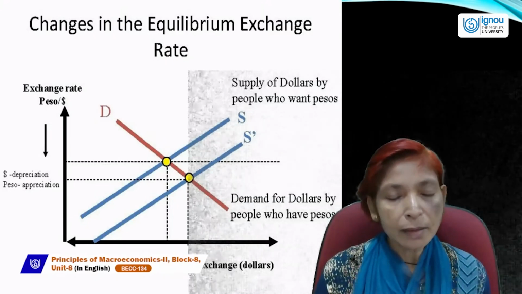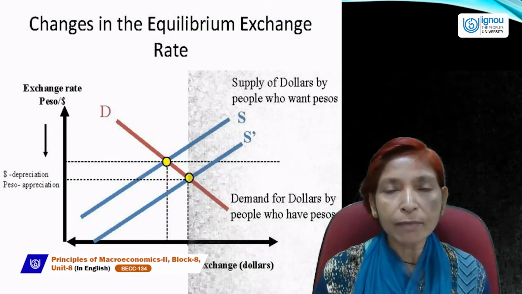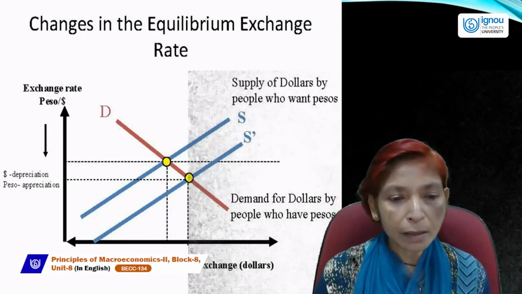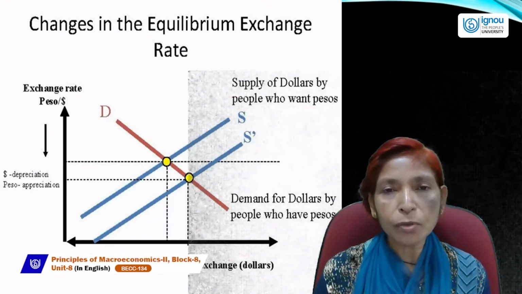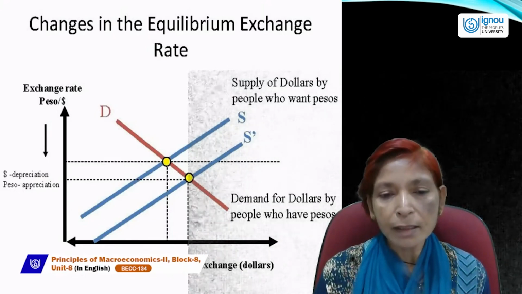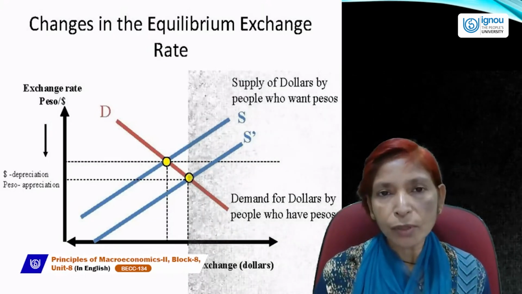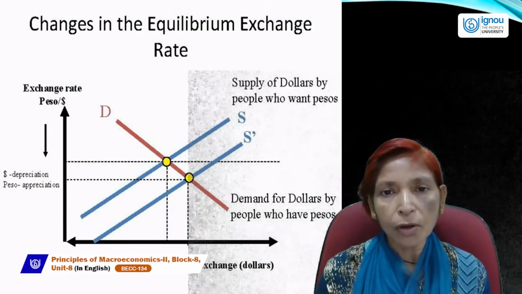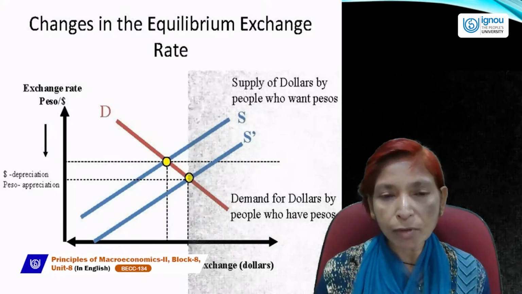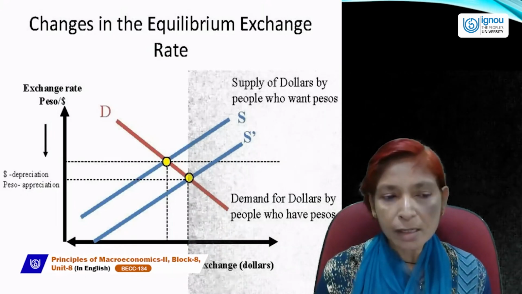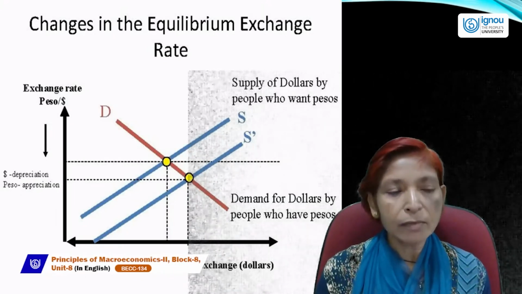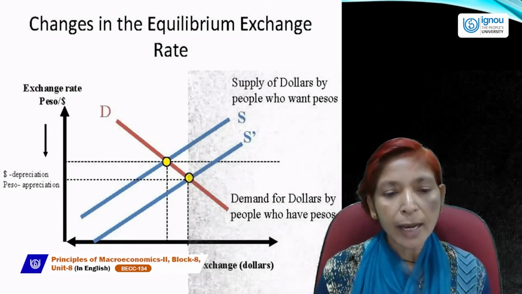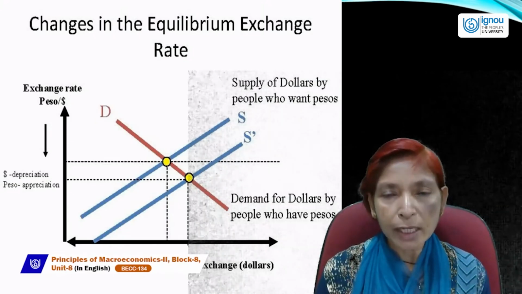So in this case, first of all, we have drawn this demand curve, a downward sloping curve. The supply curve is an upward sloping curve, where both curves intersect each other, the equilibrium exchange rate is determined. If the supply curve shifts to the right hand side, S dash is the new supply curve, showing an increase in the supply of foreign currency. In this case, the exchange rate will decrease, or the currency value will depreciate,